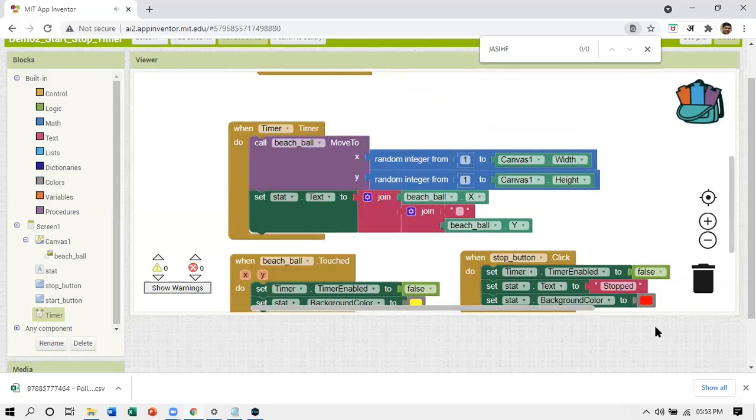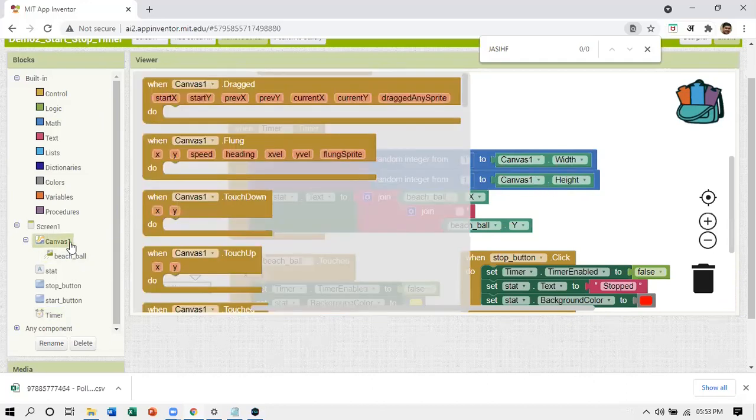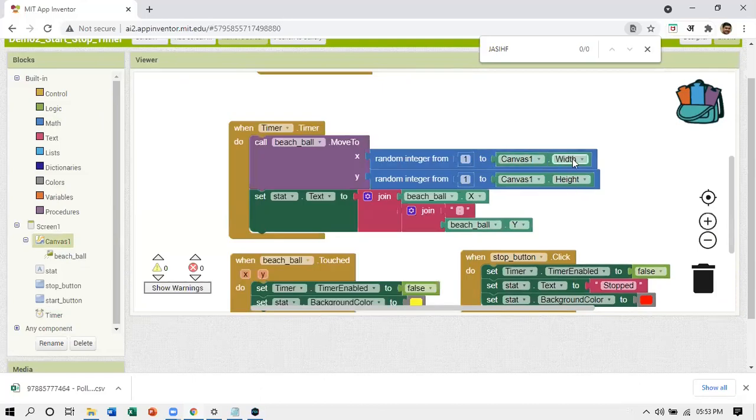How it is being used? I am moving the beach ball randomly. You see random integer coming from math on the canvas randomly between coordinate position 1 to the width of the canvas, 1 to the height of the canvas. Canvas is this. So canvas height and width properties are taken.